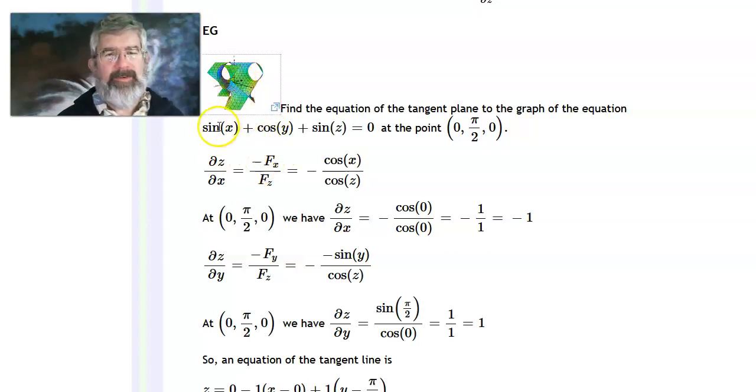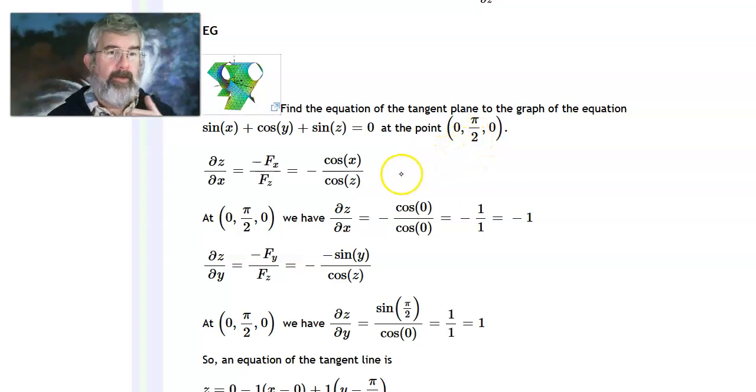This is the graph of the surface. It is sine x plus cosine y plus sine z equals 0. And I want to take a look at the point (0, pi over 2, 0) and see if I can come up with the equation of the tangent plane. I remember from a couple sections ago that for the equation of a tangent plane,